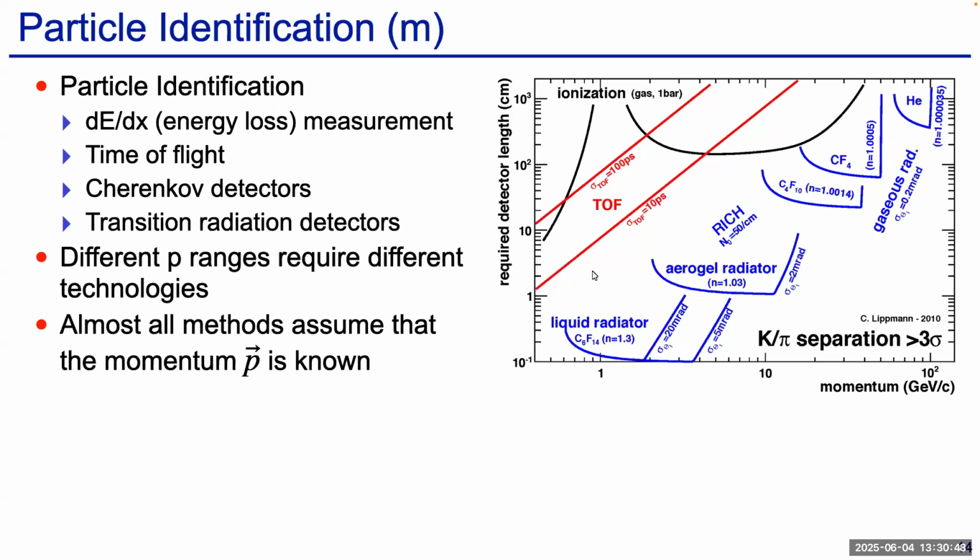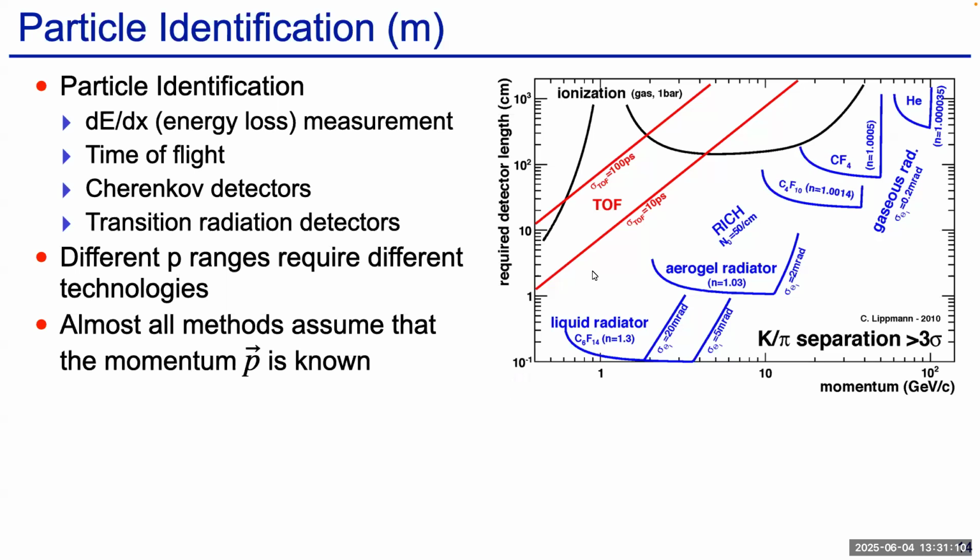And here on that axis, you see the required detector length. So this is here already a meter. That is 10 meters. That's a bit iffy already for a detector. A 10 meter radius, I think that doesn't even exist. So